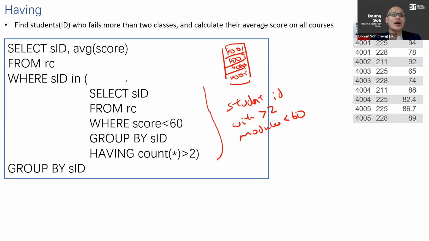And what happens is that right now I'm going to use the SID in. What this query is saying is that I want to find out, for the students that failed more than 2 classes, calculate their average score. So if I don't have this entire where condition, what I'm doing is just